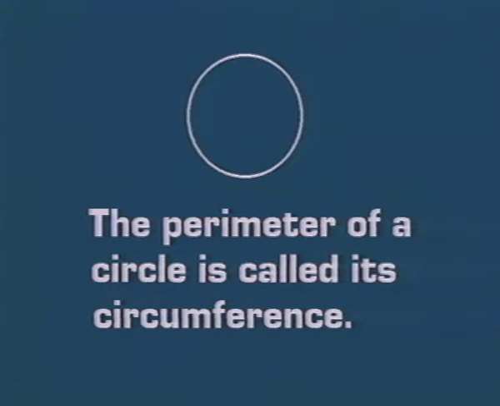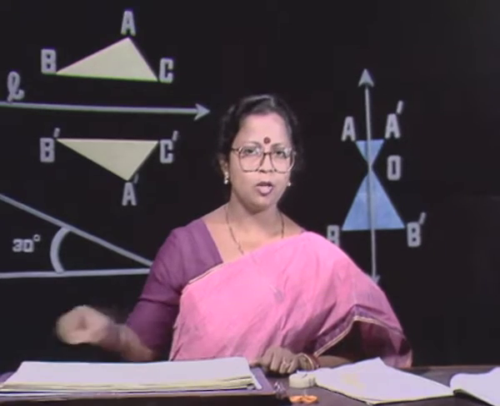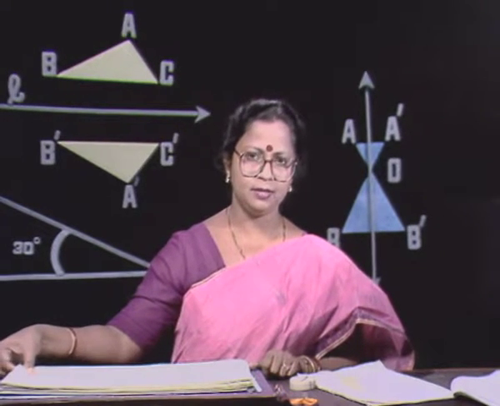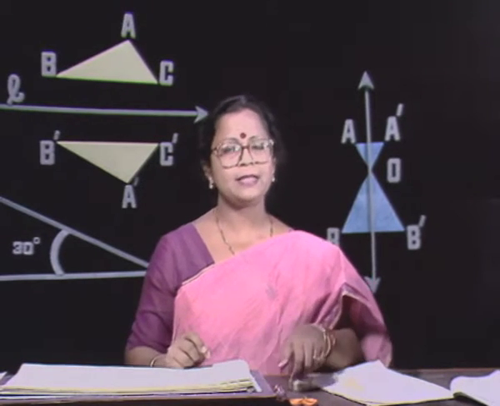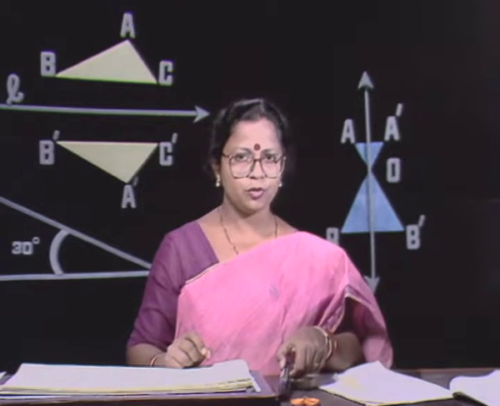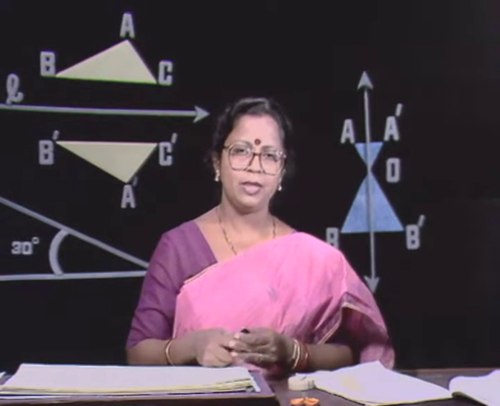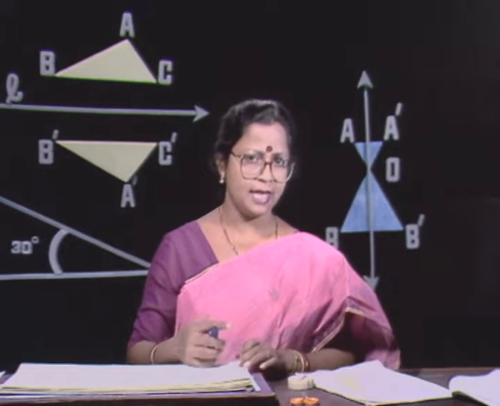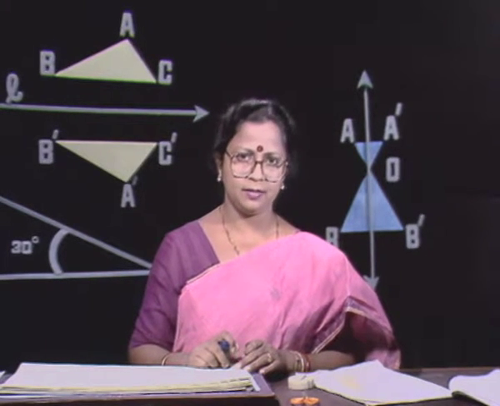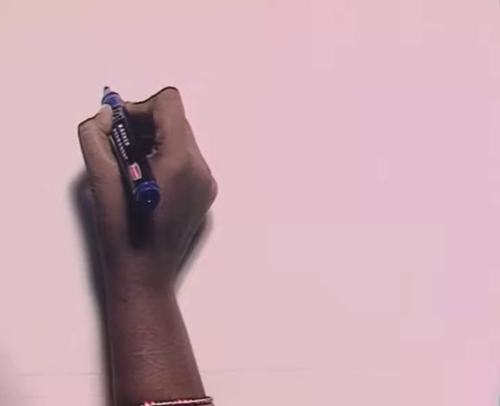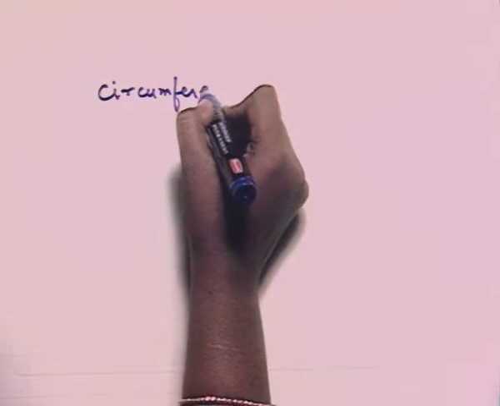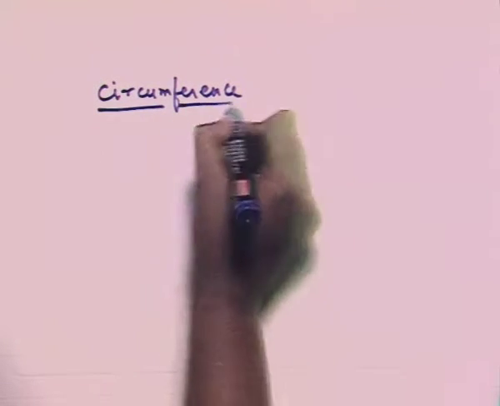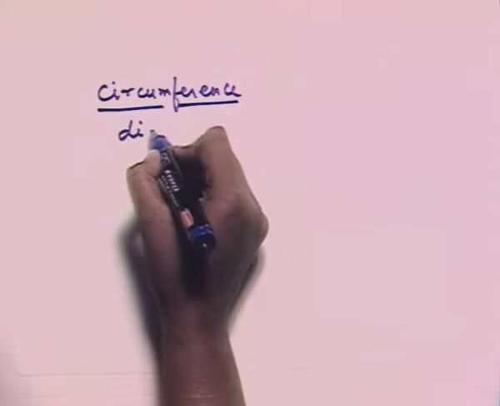The perimeter of a circle is called its circumference, but this method does not always give us accurate result, maybe due to personal or instrumental fault. In our previous classes, we have learned that the ratio of the circumference of a circle to that of its diameter is always same irrespective of the size of the circle. So, if this is the circumference of the circle, its ratio to that of its diameter of the circle